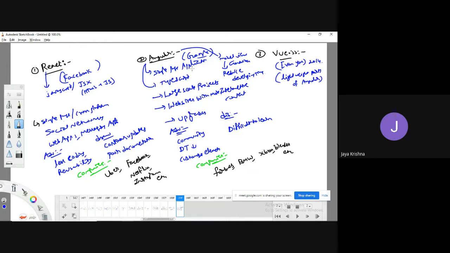I hope you understood, right? It won't take the heavy parts. It will take only the lightweight parts of Angular, so that Vue.js takes less development time to develop any kind of application. Okay, fine. So it is also open source. This is open source software, and the language they use is JavaScript.